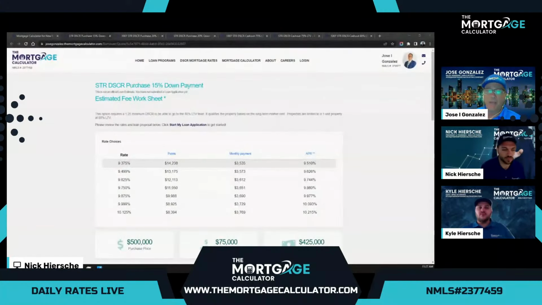As you can see here, pretty good rate still, considering this is 85% LTV. Right now, the only other catch to this option to be able to take it to an 85% LTV is that they do require a minimum